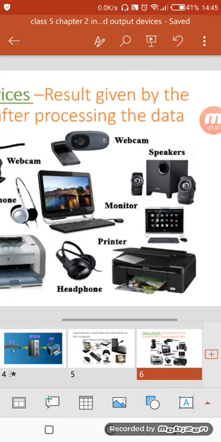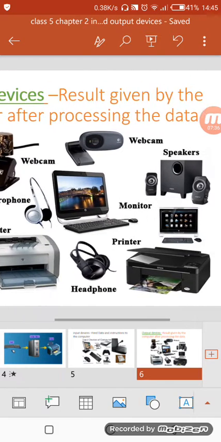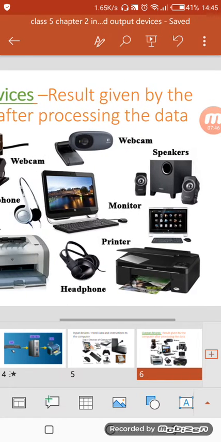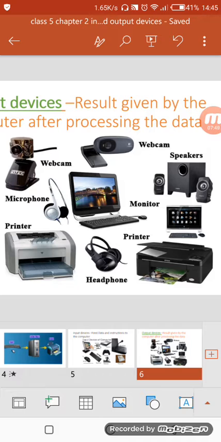See, here are a lot of output devices you can see on the screen. Webcam is there, printer is there, monitor, headphones, speakers. First of all, the best example I would like to give you is a speaker.